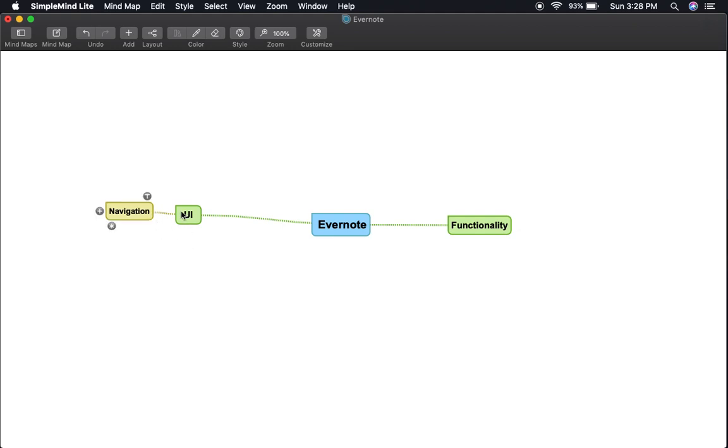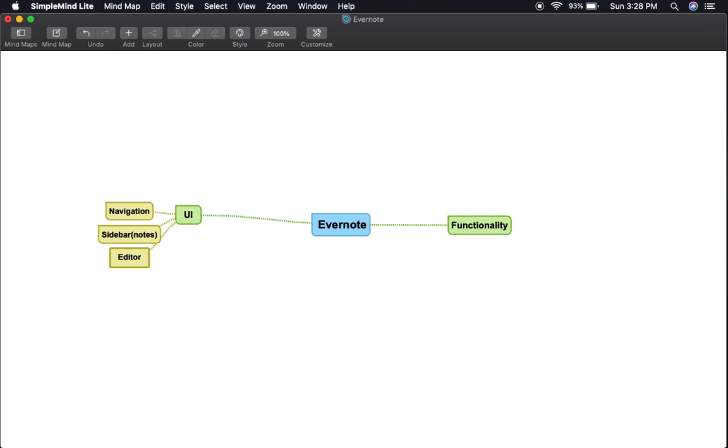The second part is our sidebar that contains the notes. So our sidebar for notes, and then the third thing for our UI would be